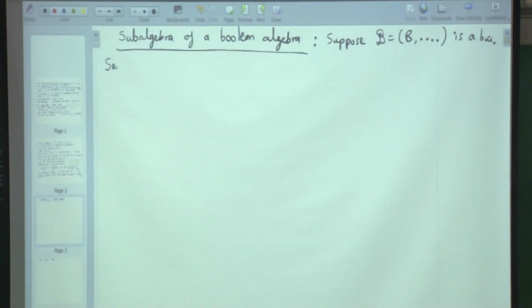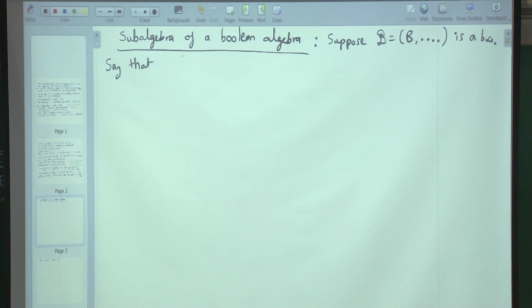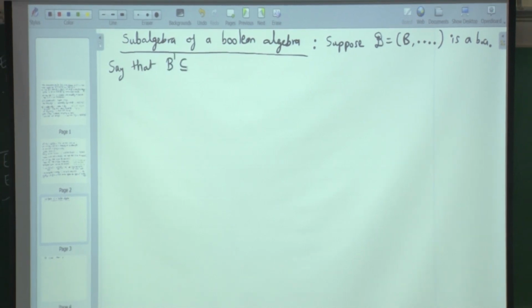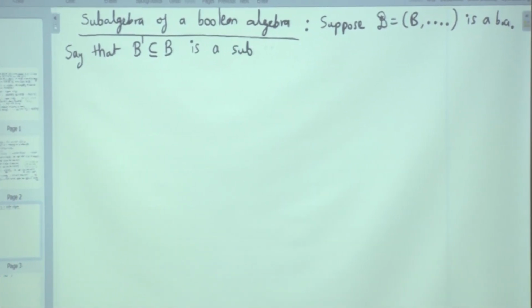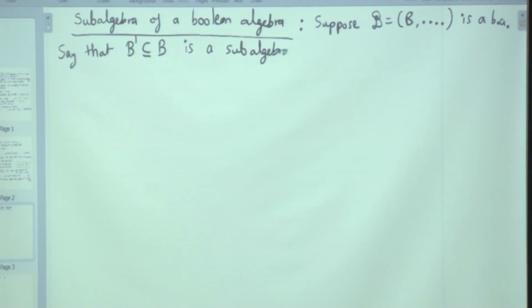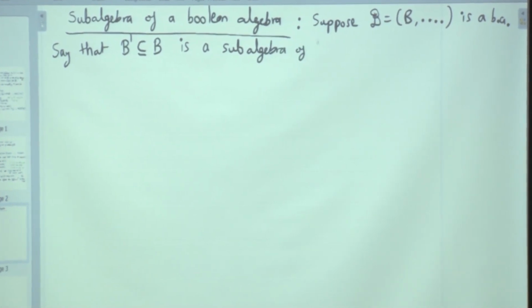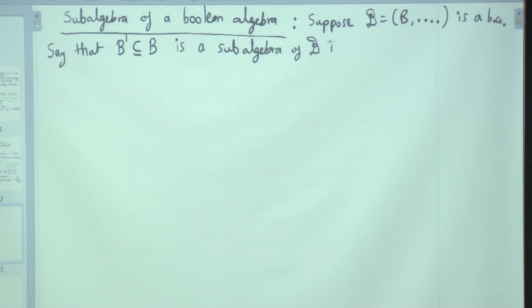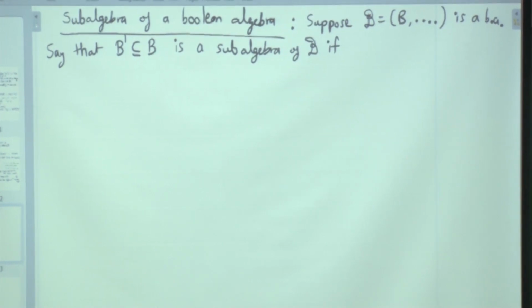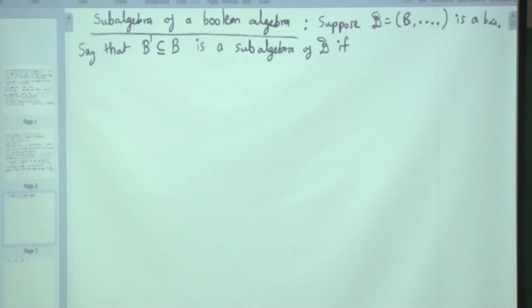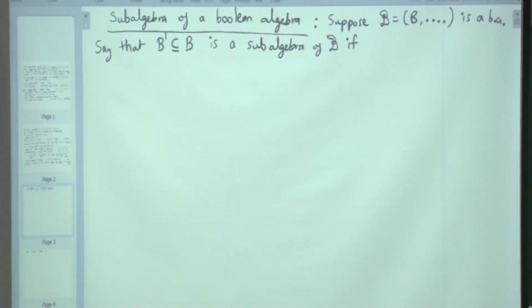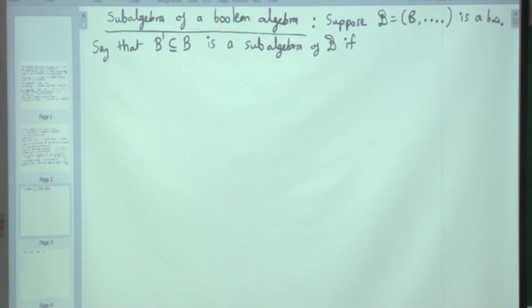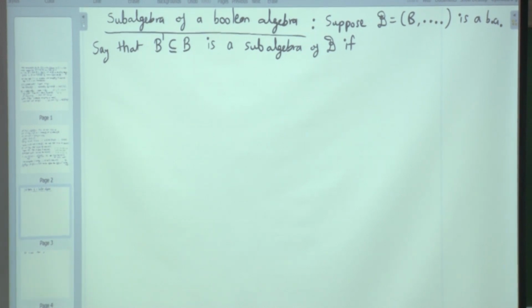Say that B' subset of B is a subalgebra of B if, to be very clear, I should say that B' subset of B is the underlying set of a subalgebra of B if